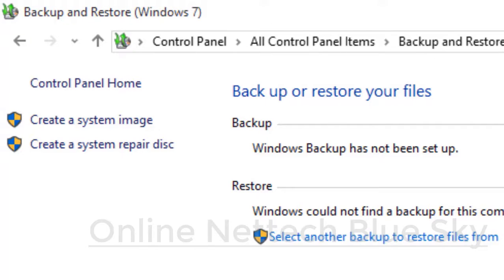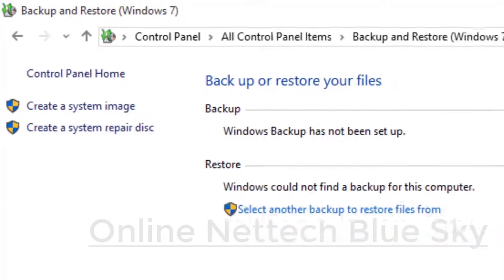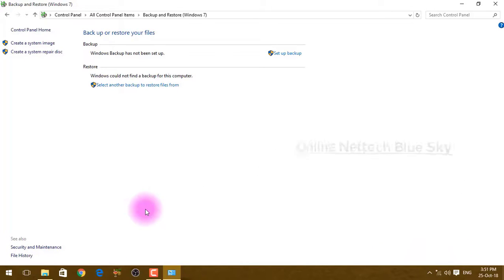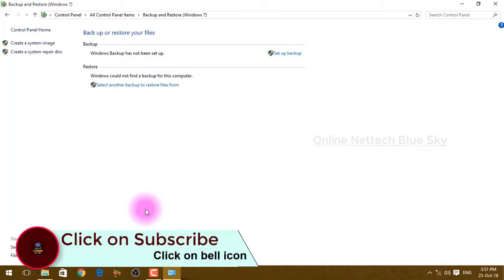First, you can see no backup has been set up here. Windows Backup has not been set up, which means I already took a backup on another computer, but I'm just showing it for you. The first time, you can start a backup here.